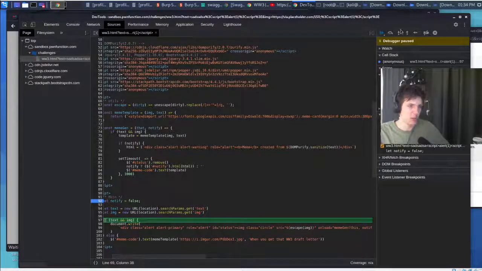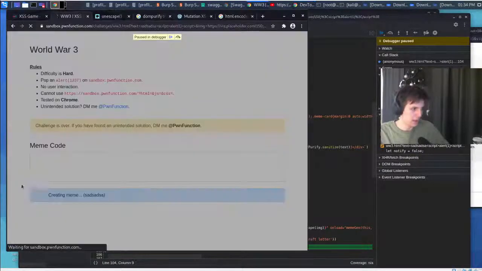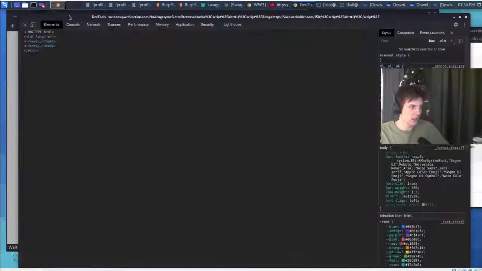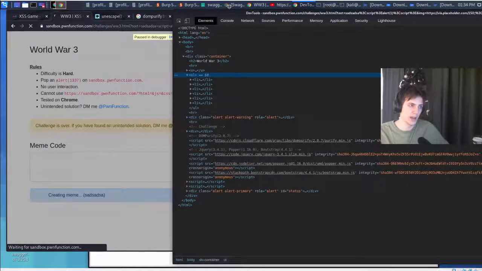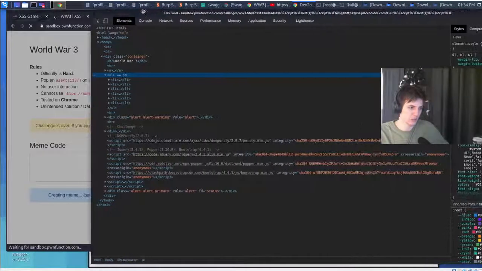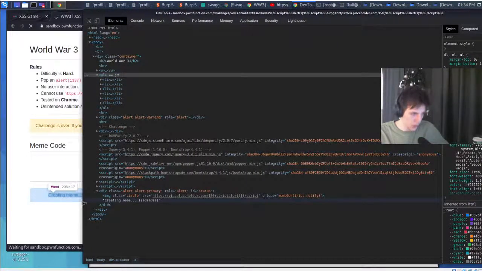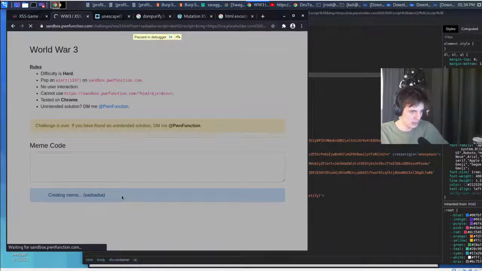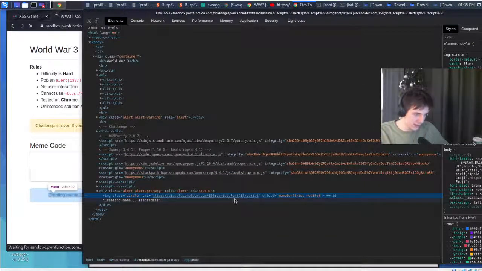Yeah, okay, it executed. So as you can see, we didn't resume the page execution, but we can inspect what is on our page here. We can inspect this element, and you can see that